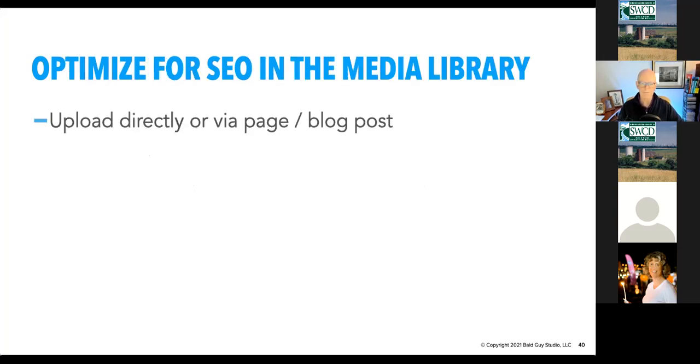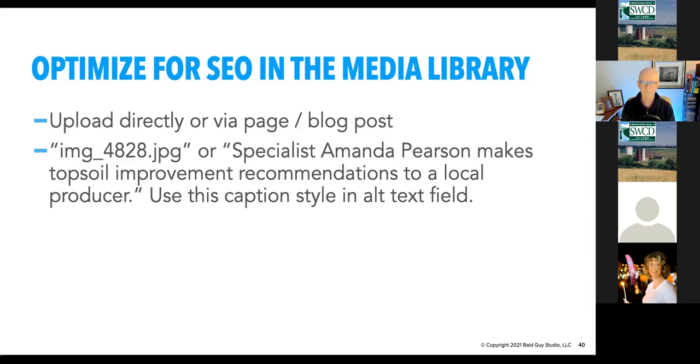So optimizing your images for SEO now, we've talked about file size and physical size. Now we're talking about optimizing for search engine optimization. You can upload your images to your WordPress website directly through a blog post or a page. So in other words, you've got a box that you want to put something in, you select it and then install an image in it, and that puts it up into your media library. And unless you've optimized for SEO going in, you're going to wind up with an image up there that has a funky file name like